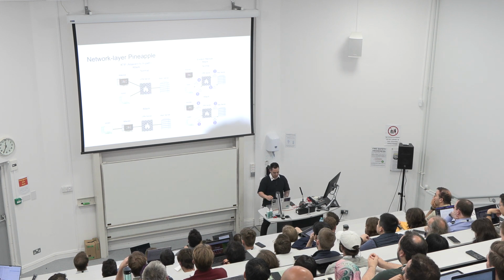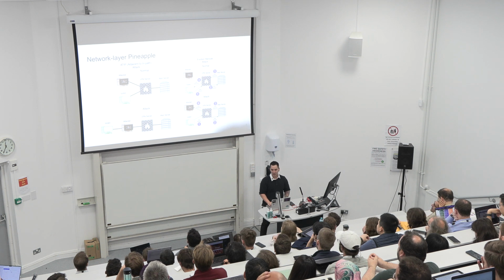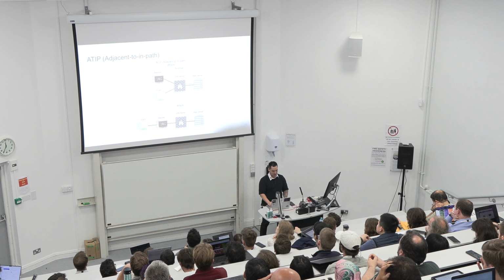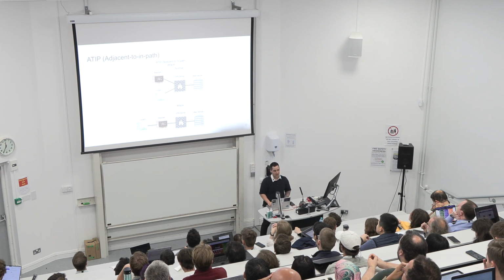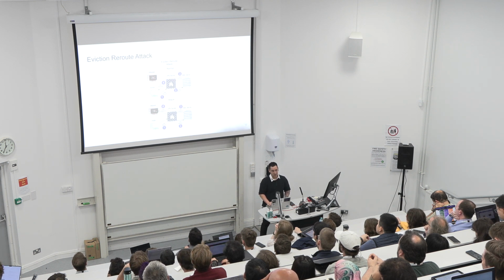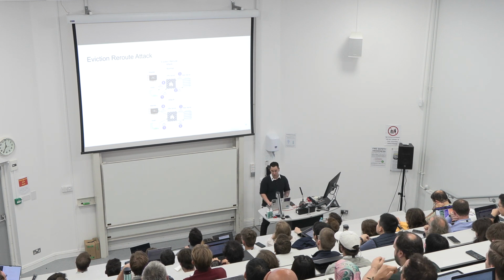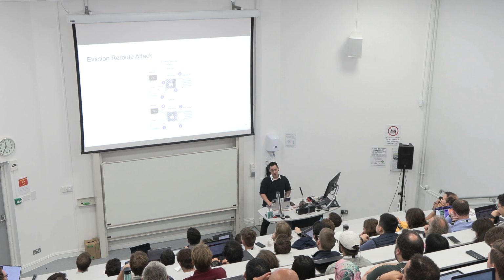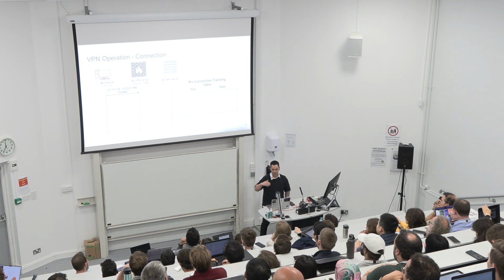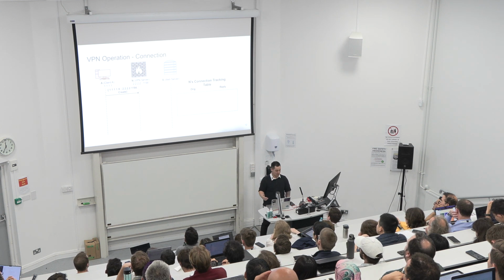I'm only going to cover the two attacks that I think represent the biggest threat, and demonstrate the capabilities that we're going to show you today. The first is called the ATIP, or adjacent-to-in-path attack, and as the name suggests, it allows an adversary to escalate from an adjacent to in-path position. The next attack is called the eviction reroute attack, and it allows an adversary to redirect packets intended for a target to the attacker instead. Before I cover that, I'm going to discuss the VPN connection process and the IP obfuscation process a